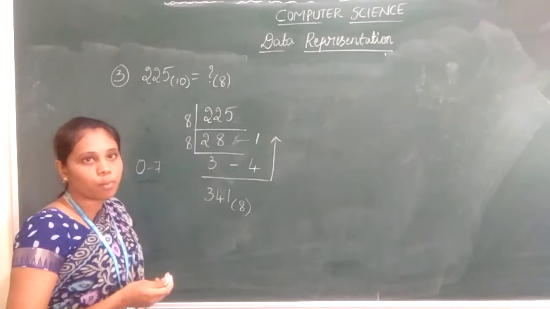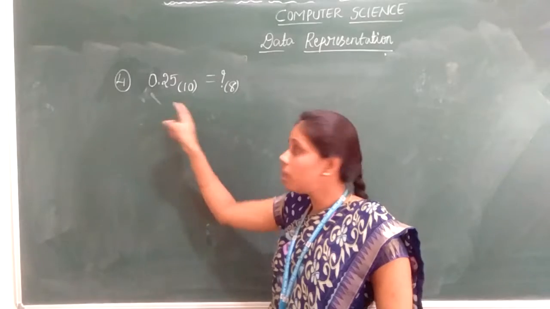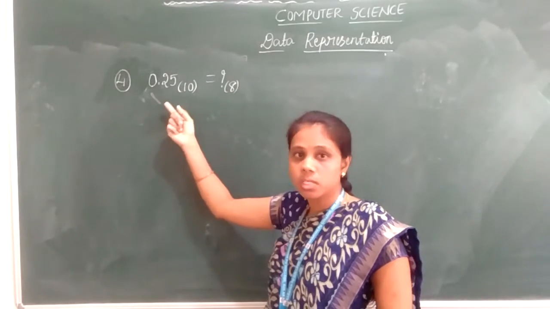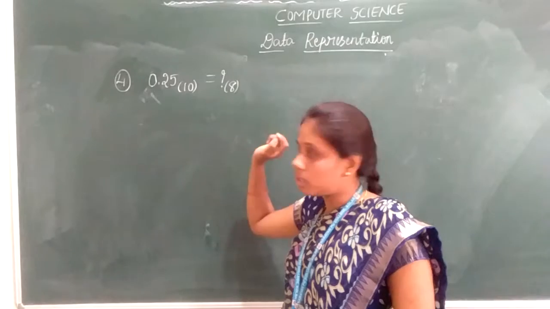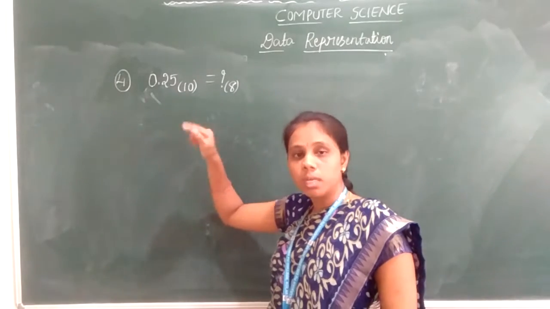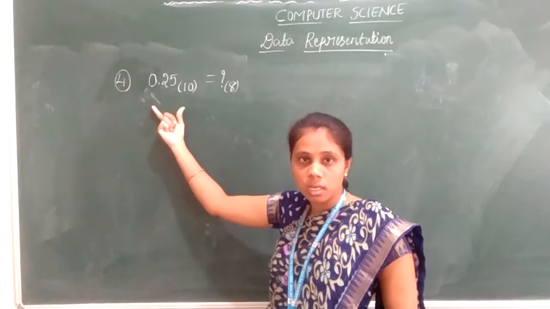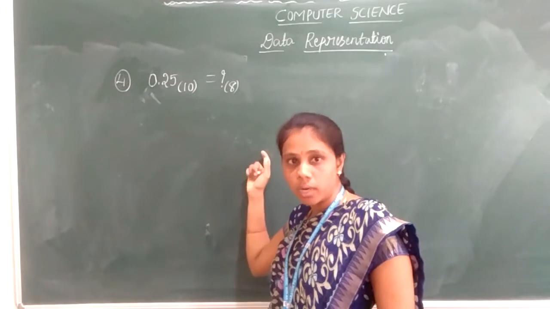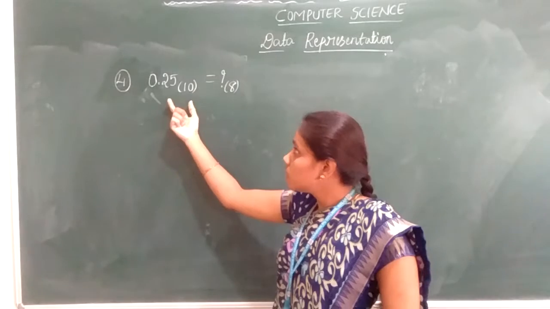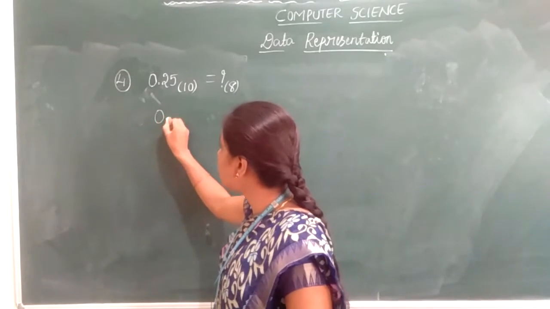Now we will see one example problem based on fractions. This is one more example. We have a decimal fraction value. Now this should be converted to octal. So when converting from decimal to binary, what were we doing? We were multiplying the fraction by 2. But when converting from decimal to octal, you need to multiply this by 8. Now take this fraction part,